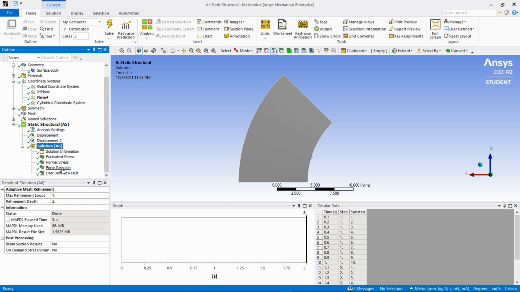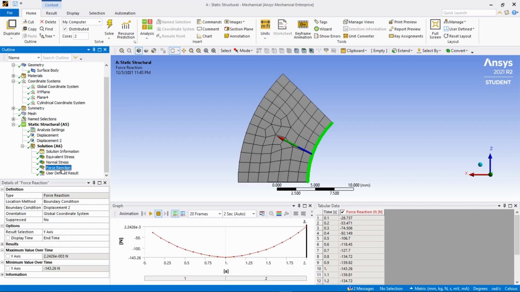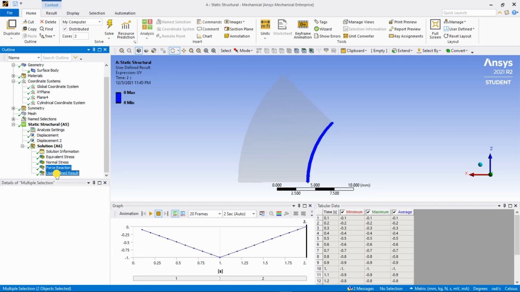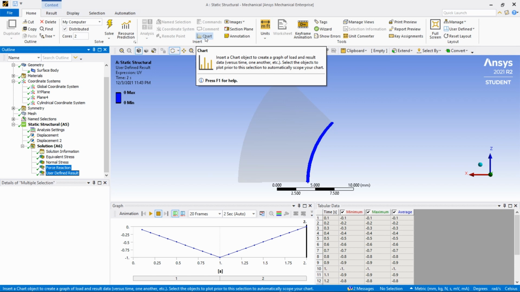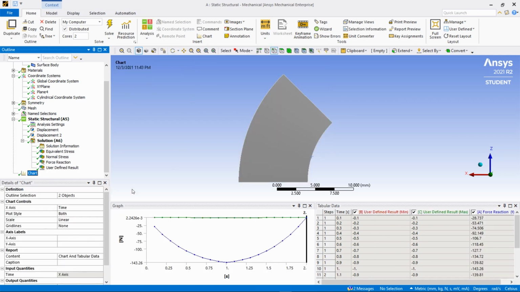So our force, I'm going to highlight force, and then I'm going to hold Control on my keyboard, and then I'm going to select user defined result. So with these two values selected, I'm now going to click on chart, and therefore we have outline selection to objects. Okay,